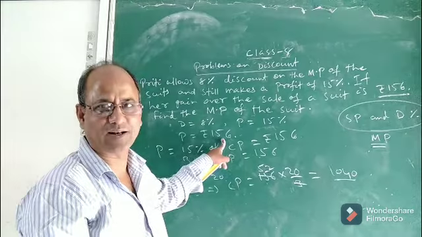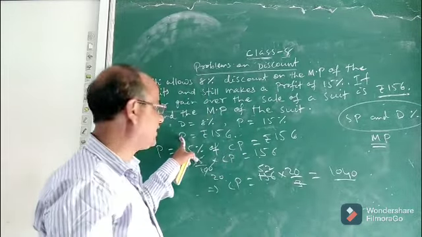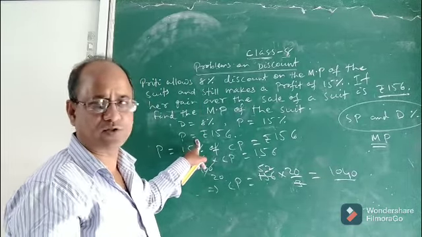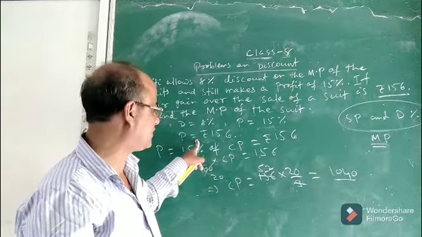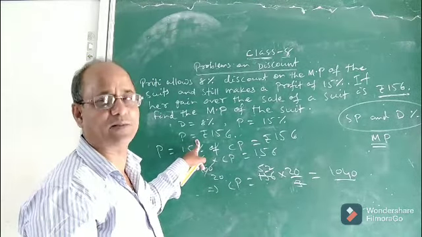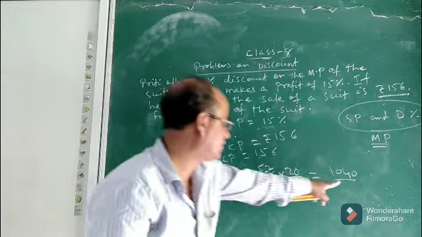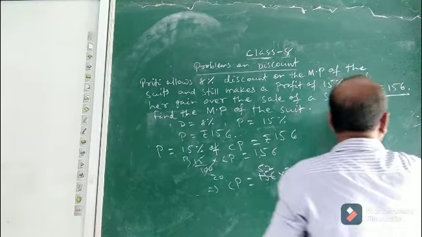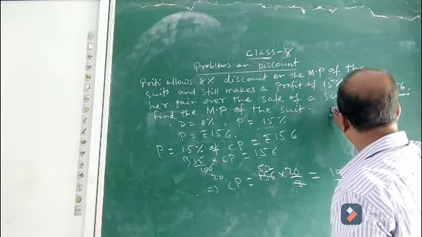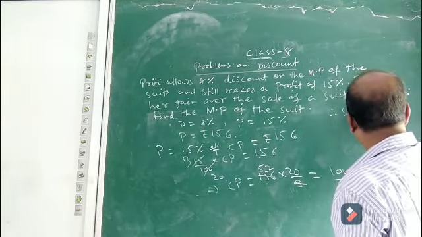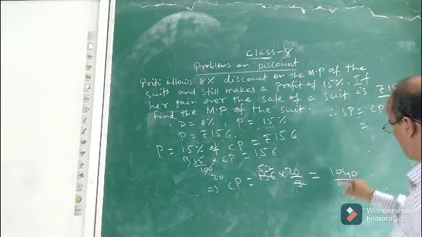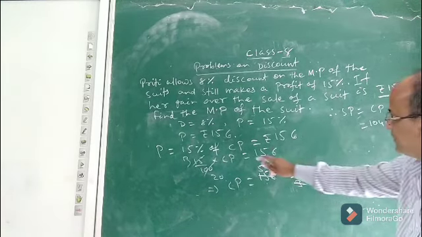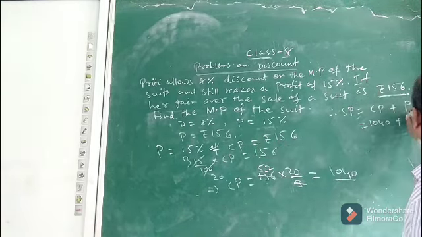You know what is the formula for selling price? If cost price and profit are given, we got the cost price, and we are already given the profit. So how to get the selling price? The formula is selling price equal to cost price plus profit. So write down, therefore, selling price equal to CP plus P, and CP is how much? It is 1040 plus profit, 156.